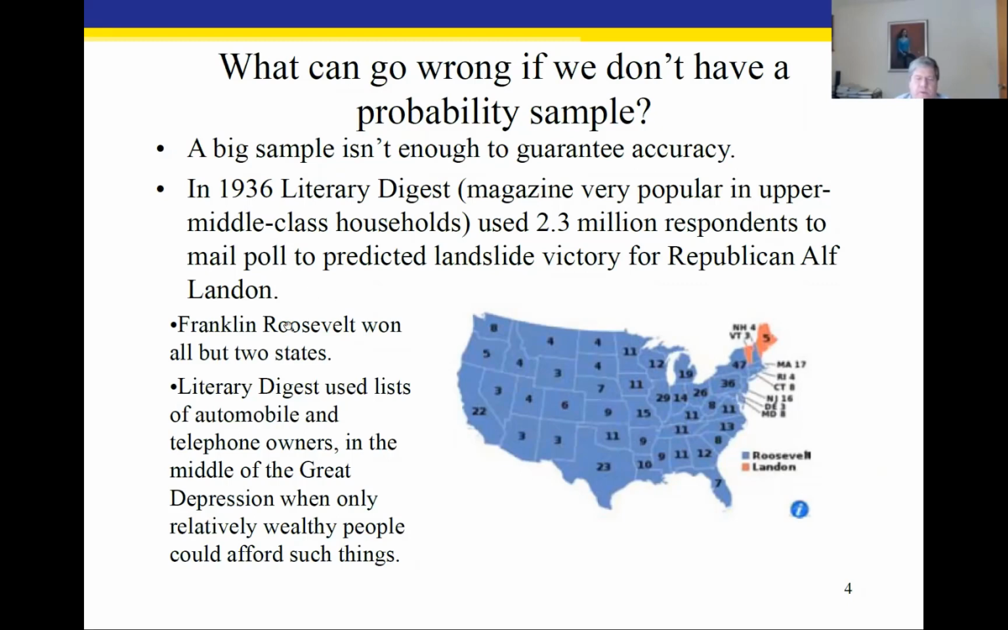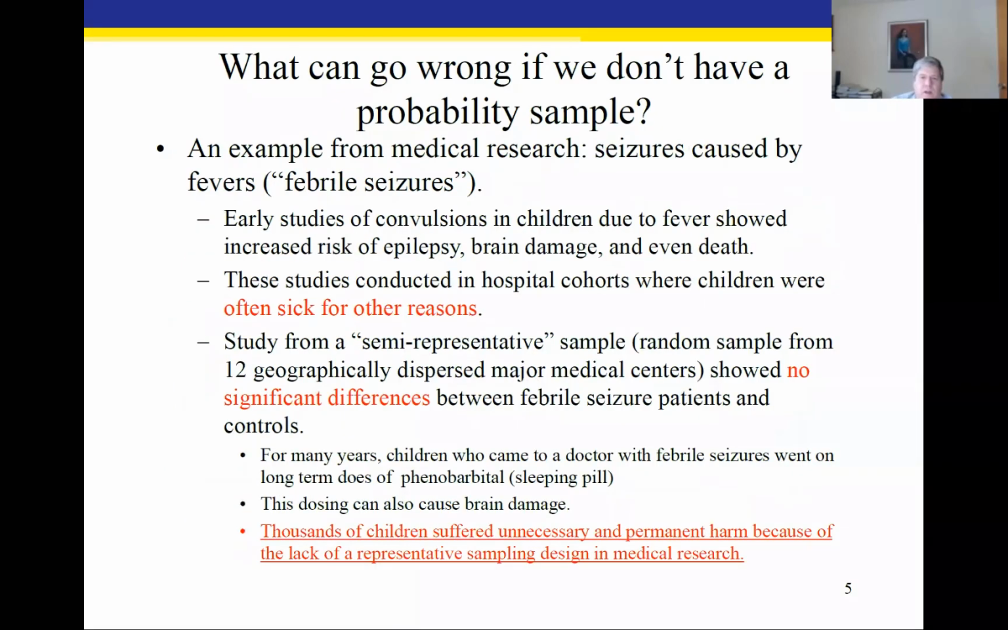So it was a huge landslide, completely the opposite of what they said, and kind of an embarrassment for the Literary Digest, but a good example of why random sampling is important. And another example, a little closer to what we're working on nowadays, and honestly a little more important,